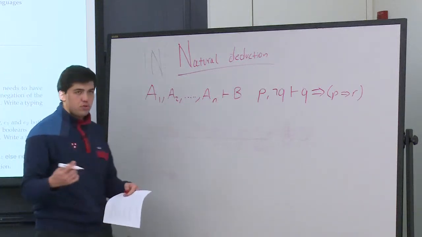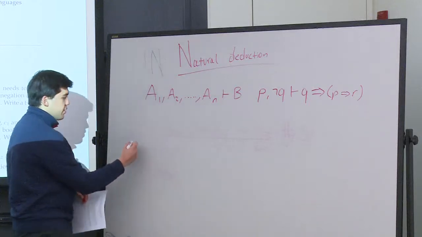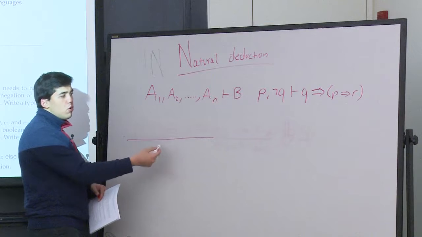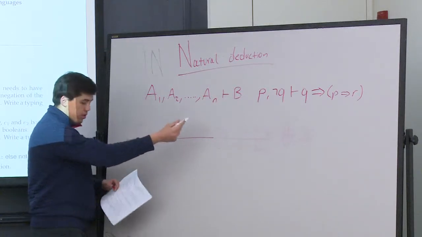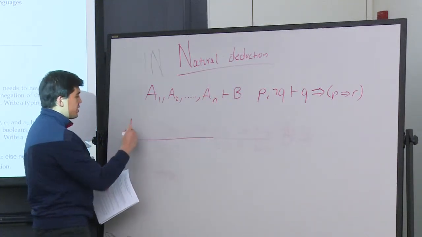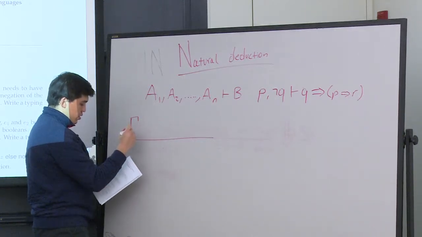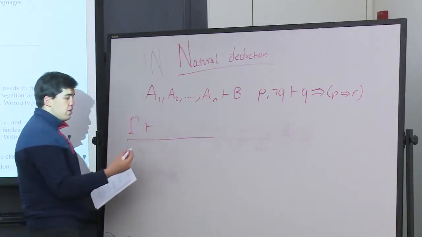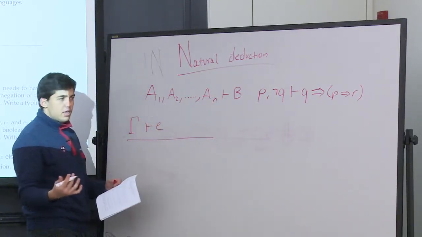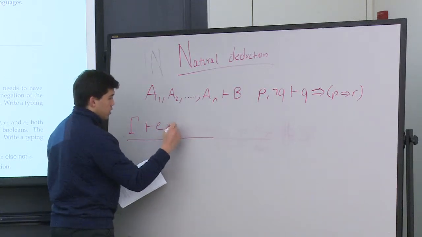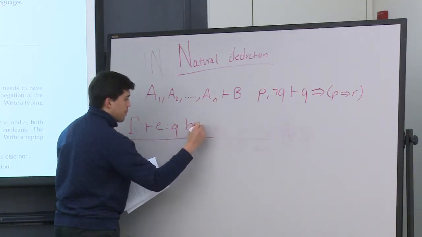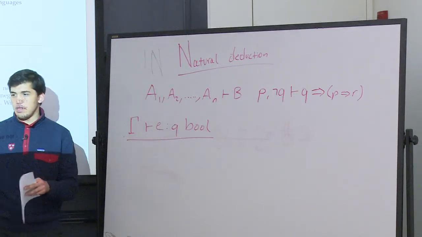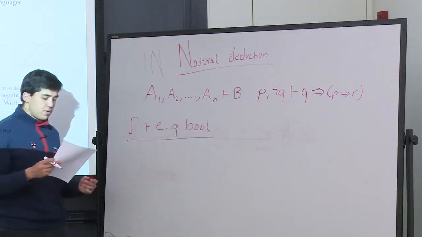So how do our inference rules start with contexts? We always have a line here where whatever we write at the bottom can only hold if our conditions at the top hold as well. So we start this with our context, which is shown as gamma. And we show that in context gamma, if, let's say, our expression E is equal to Q bool, Q is again a qualifier. Q can stand for either linear or unrestricted in our linear lambda calculus language. Then